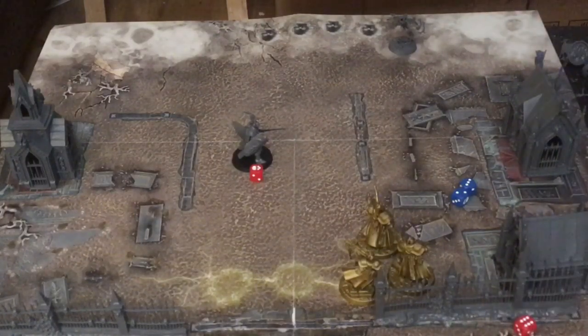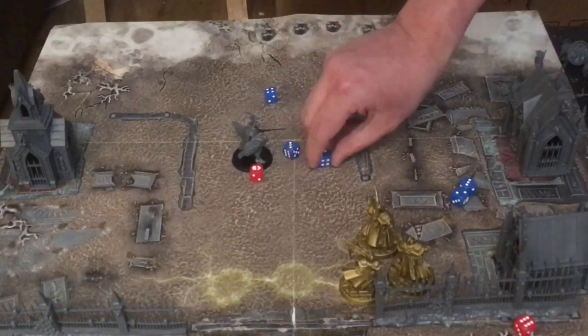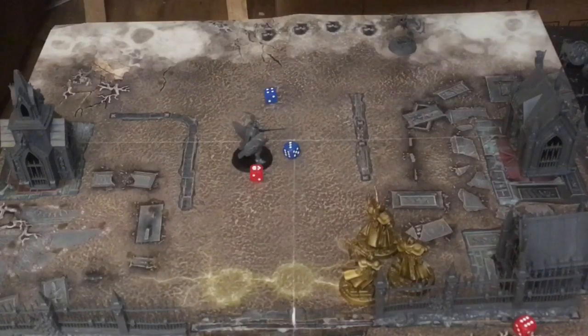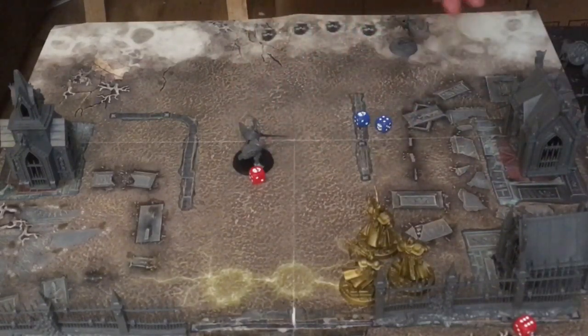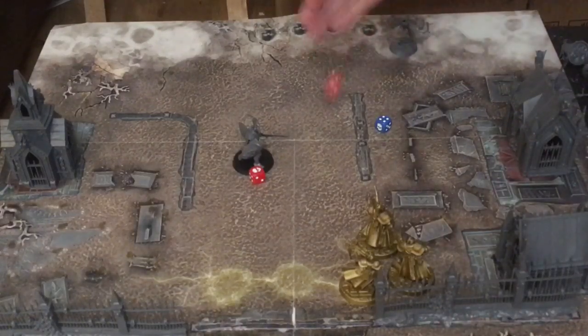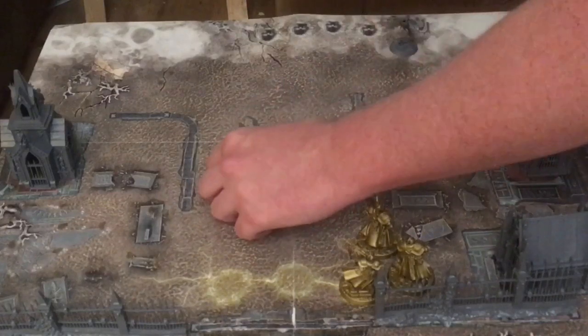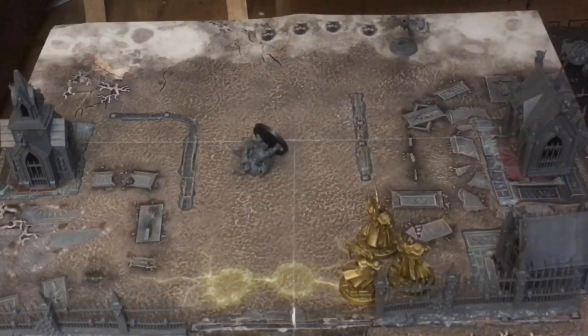So she's going to roll 3 dice, looking for 3 up. 2 go through, 3 up to wound, 1 goes through. He's going to try and save on a 3 up. He fails, so he is dead. Okay, so now we've got to a point where all we're going to be doing is the shooting phase